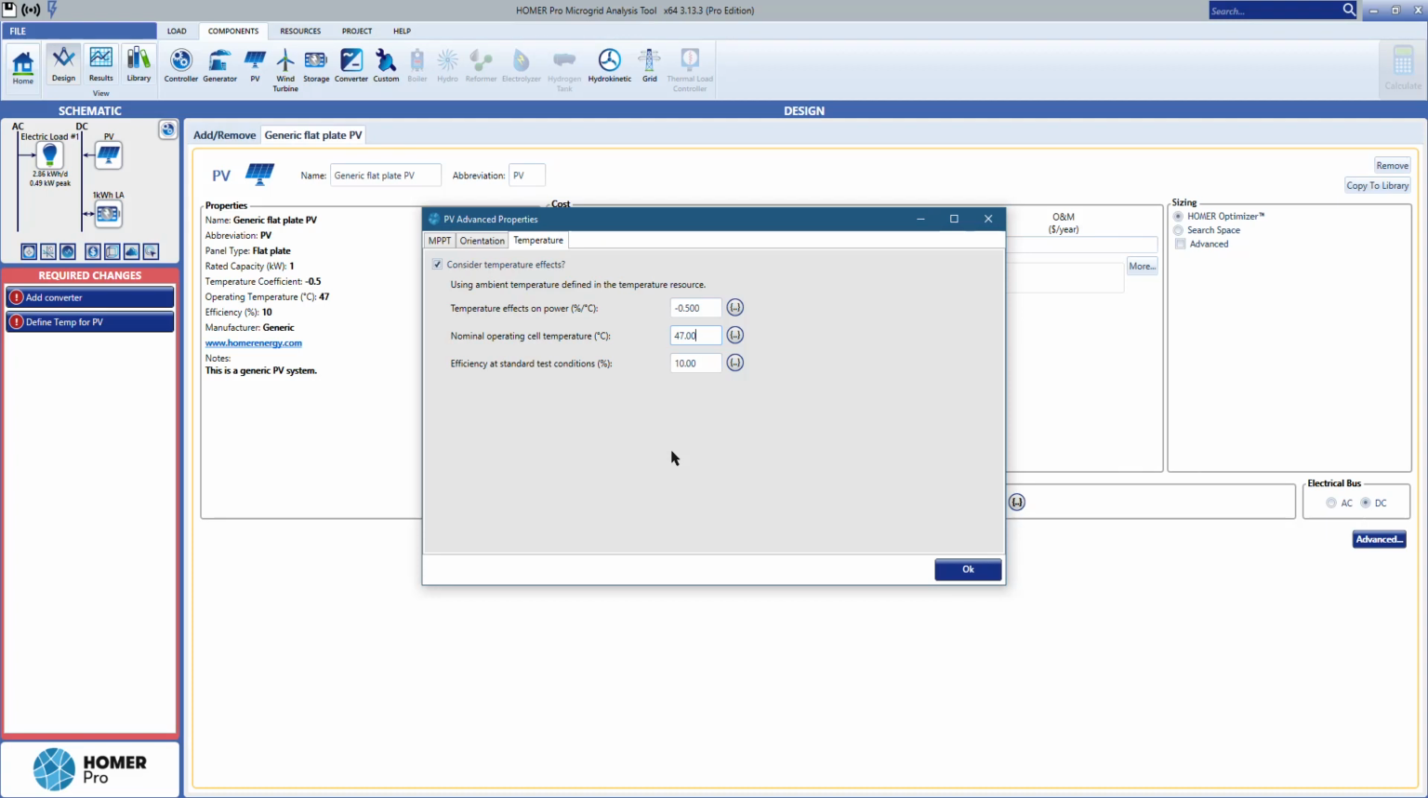And in the question there's nothing about temperature coefficients or temperature effects on power, so I'm going to change it to 0 just to correspond our simulation to the exercise. And yeah, and about the charge controller,